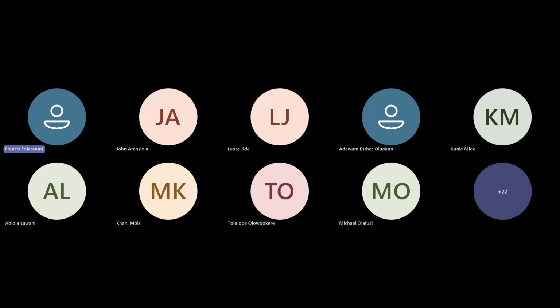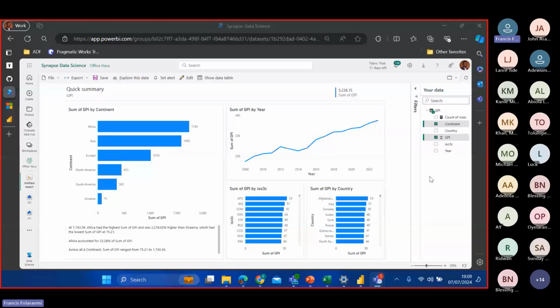So this is the auto-created report. At least it's a good starting point. One can see the trend of the GPI, which is the Global Peace Index, and we can see that the peace of our world has been disturbed in the last 20 years or thereabout. This is not exactly accurate, because we're having a sum, which is just summing for all the countries in our data set. One can easily edit these reports, and let me do that so that I won't have to freeze this screen again.